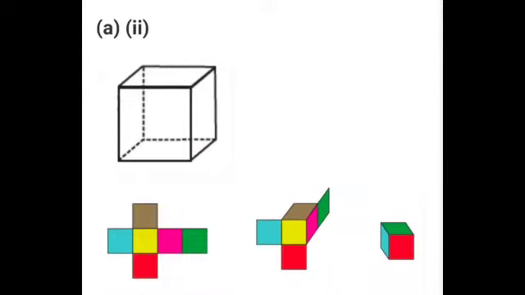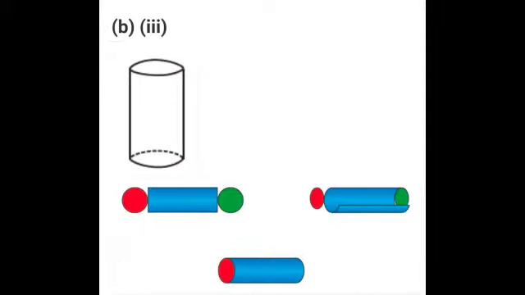See, the first one, that is cube, will match with the net number 2. See how it is folded, it is shown with the color. So from this you can easily find that the cube will match with net number 2. Now this cylinder will match with net number 3 from your textbook. If you observe it properly, see, this is how you have to fold and get your solid shape.